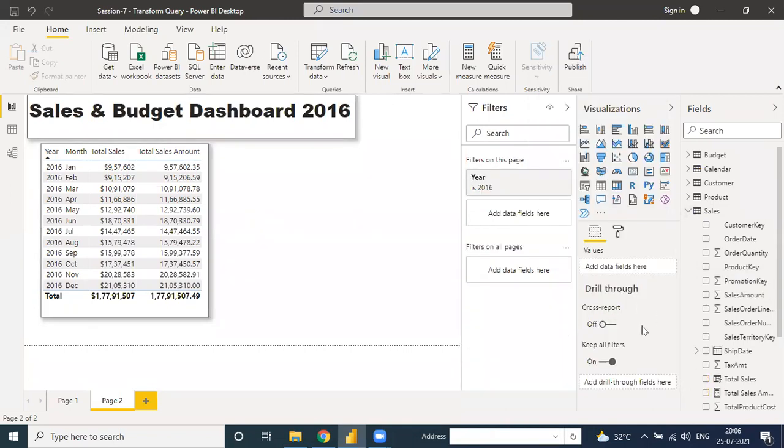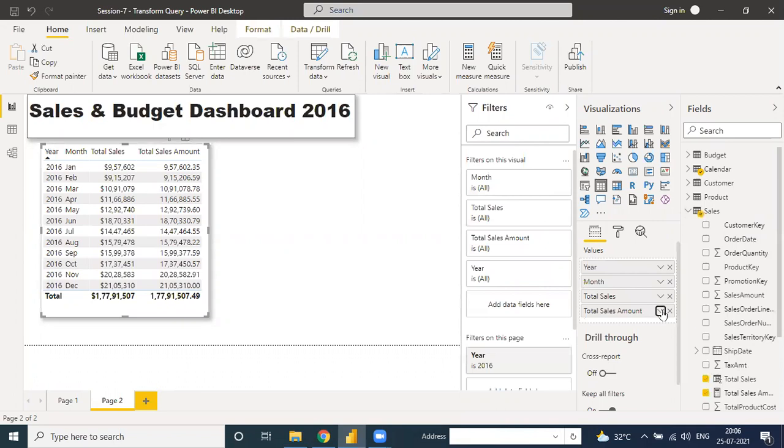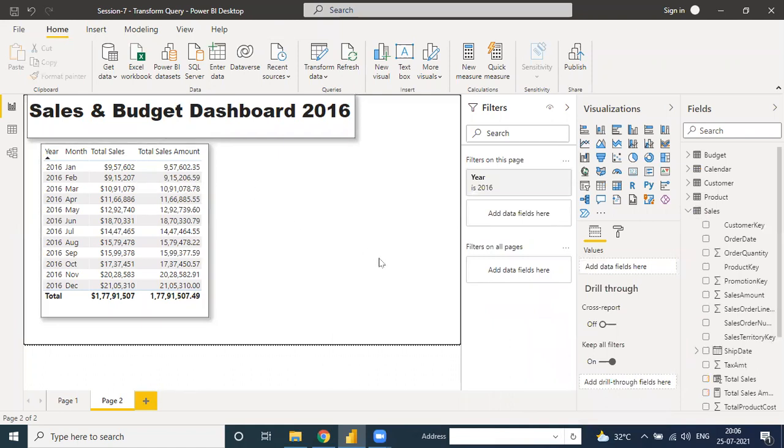In the second file there is no option, which means it's an explicit measure. So can anyone tell me what implicit and explicit measures are in Power BI, why we use implicit and why we use explicit, and what is important?